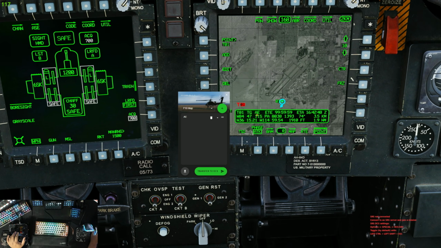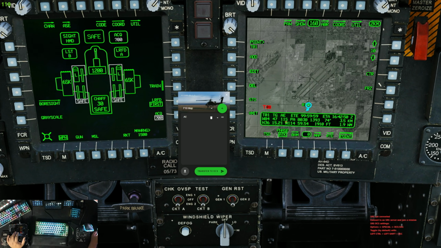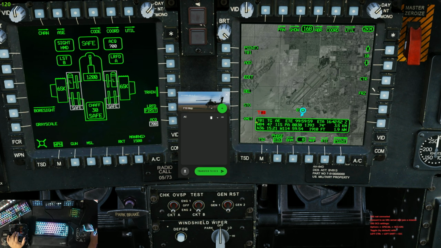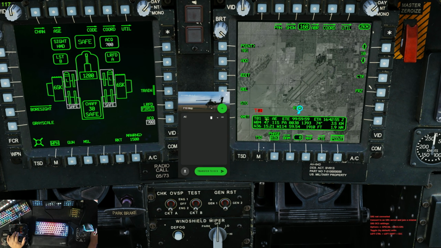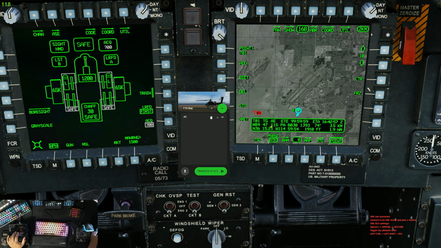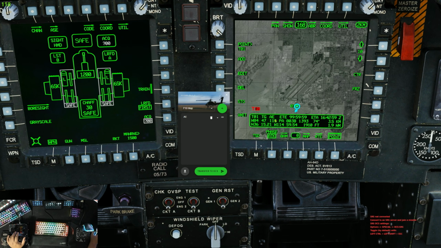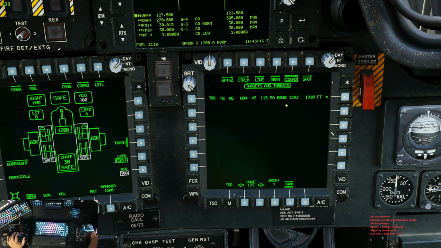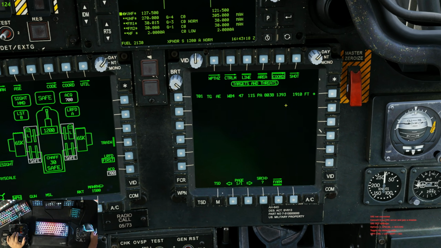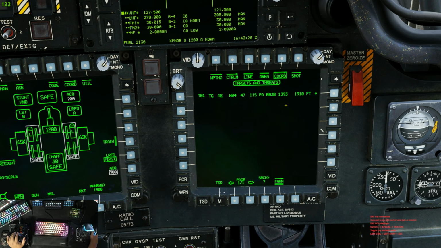You can also see here on the cursor info, this is why I have this displayed on the TSD, that it says target 01, target TG, and it tells you exactly what that is, which is going to be enemy armor. Some other things to know about coordinates and your waypoints and your target points and your Apache is